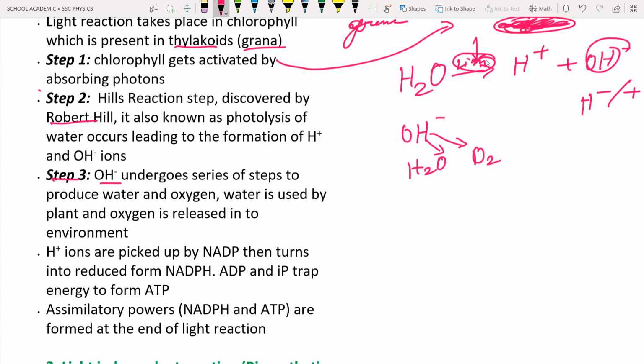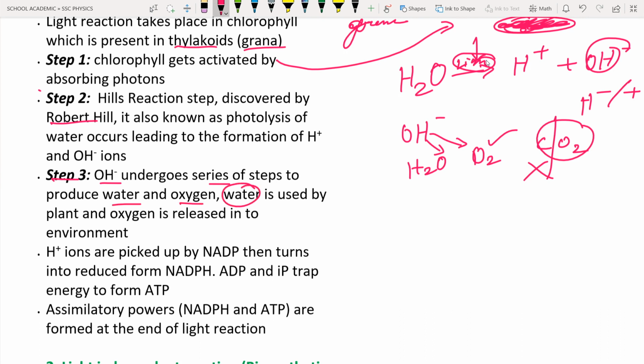Okay, remember. Most of the students are thinking that we are getting oxygen during photosynthesis by removing carbon from the carbon dioxide. This thinking is wrong, and this hypothesis is wrong. So from where is the oxygen coming? The oxygen is coming from the photolysis of water, and simply to say, it is coming from the OH minus ions after the Hill's reaction. So oxygen is coming from the breakdown or photolysis of water, not from the carbon dioxide. This carbon is going to be involved in the production of carbohydrates. Remember that.